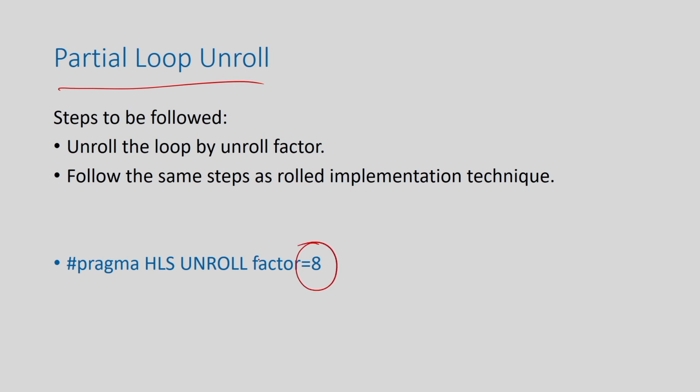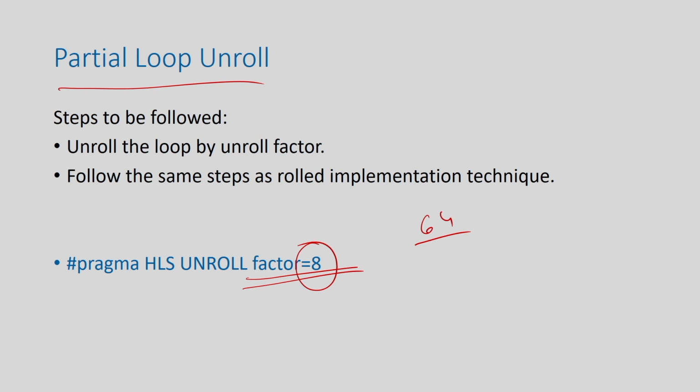You mention that if my loop is, say, running for 64 iterations, I make the factor 8. So, now my loop will iterate for 8 iterations, and the operations of 8 consecutive iterations will be executed in 1 iteration. Okay, that is the basic idea. So, it is decided by the unroll factor, and you can give your unroll factor based on your requirement.